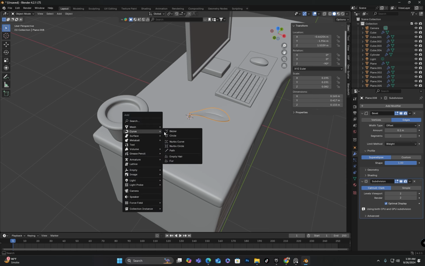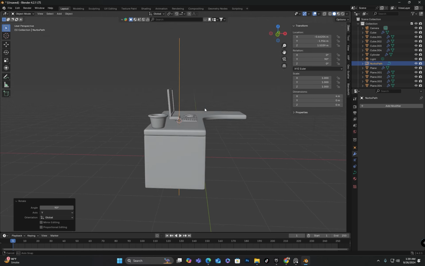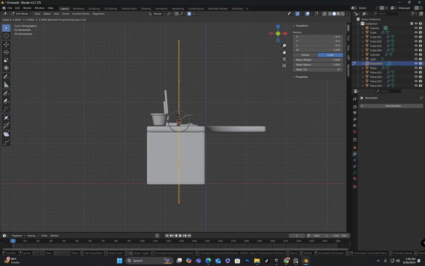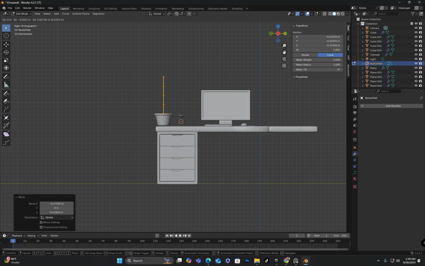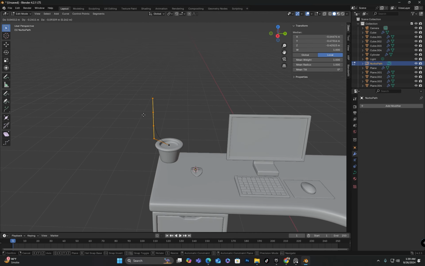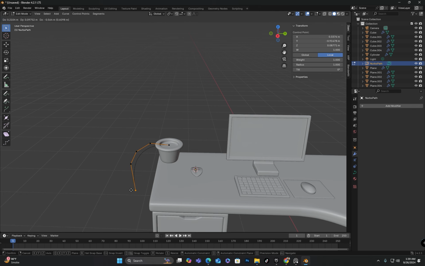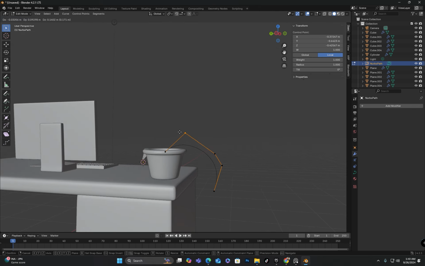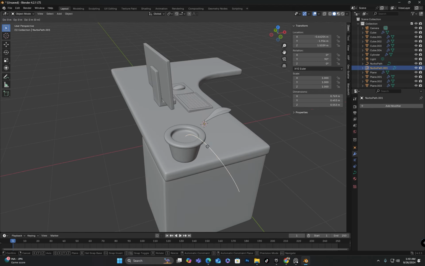Now I will press Shift plus A to add a curve path, rotate it 90 degrees on the y-axis, scale it down in edit mode and move it to the center of the pot. I will select and move these points to create a curve shape. Then I will duplicate it,